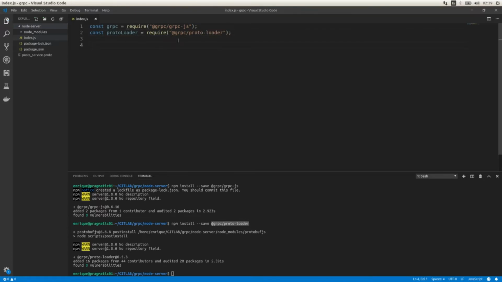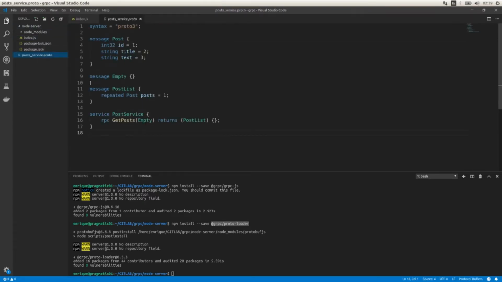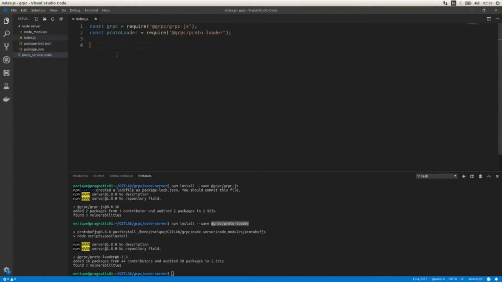And now I need to load this definition from this proto file. So const proto, and here I need to use the proto loader to access that file and to load that definition. Proto loader load sync,